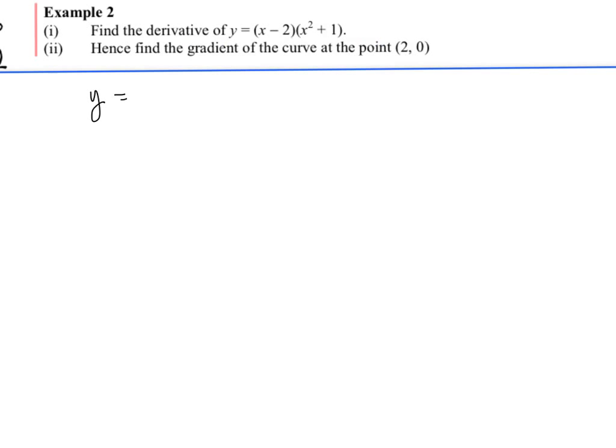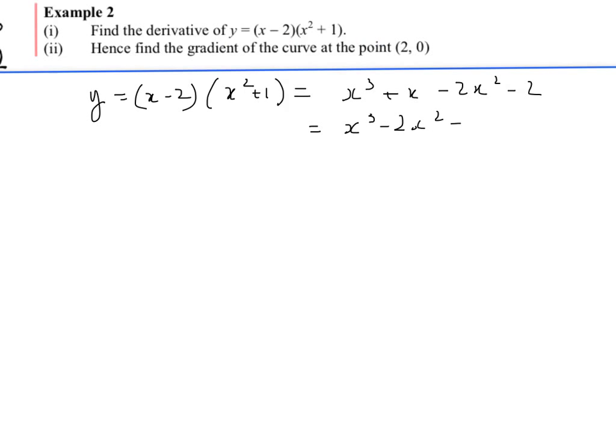So we've got y equals x minus 2, x squared plus 1, and that will give us x cubed plus x minus 2x squared take away 2. So that gives us x cubed minus 2x squared plus x take away 2. Okay, now we can